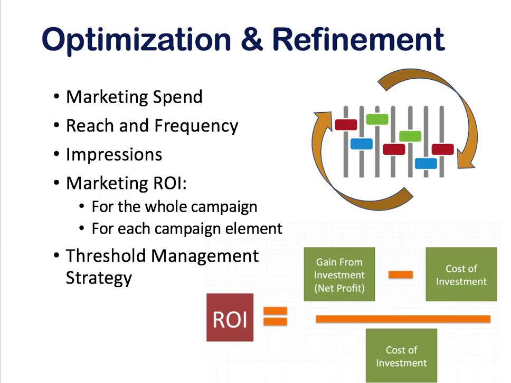When we look at ROI, it's a simple piece. What did I get minus how much I paid for it, divided by how much I paid for it. So if I know, for example, how many impressions I got off of a certain campaign, I could take the number of impressions minus how much I paid for it, divided by how much I paid for it, and I figure out my ROI in terms of every impression cost me X amount.